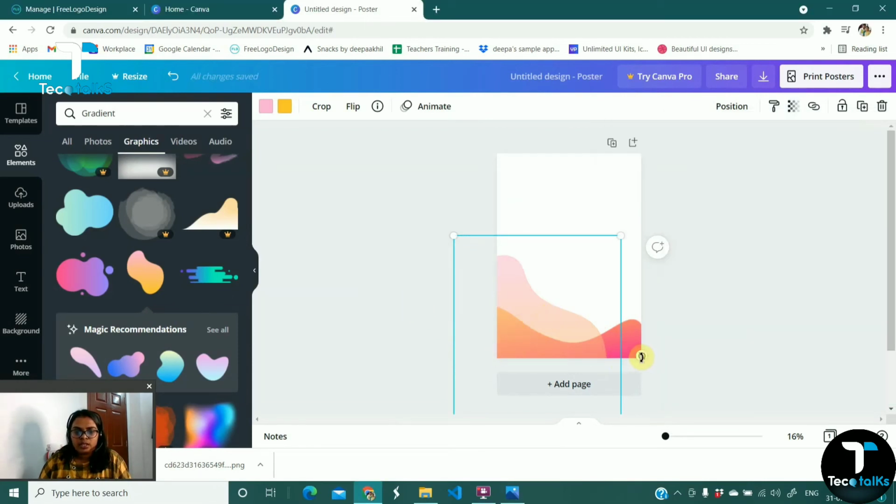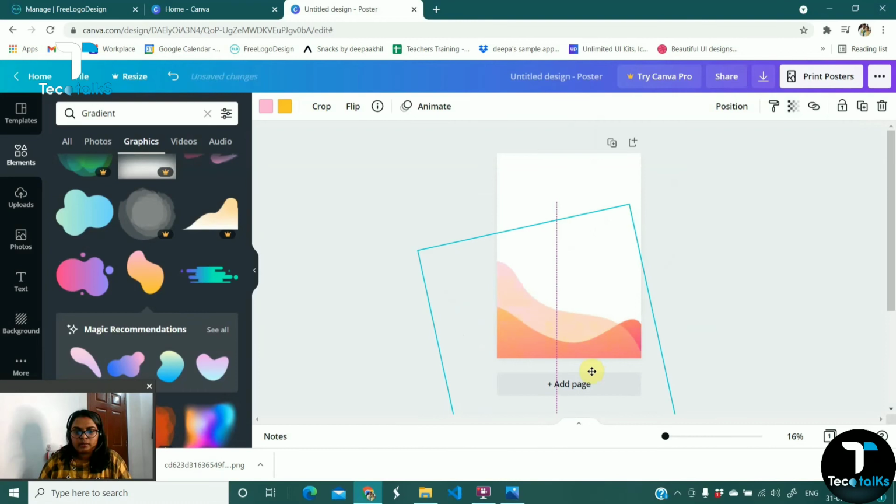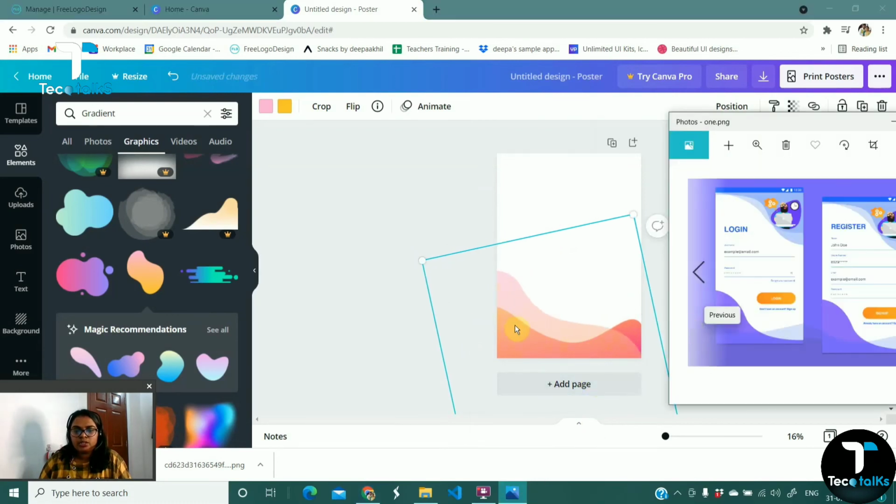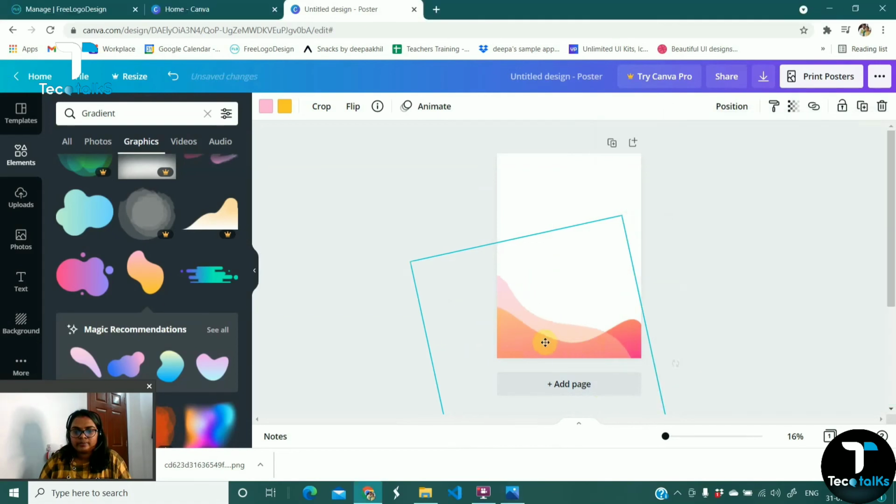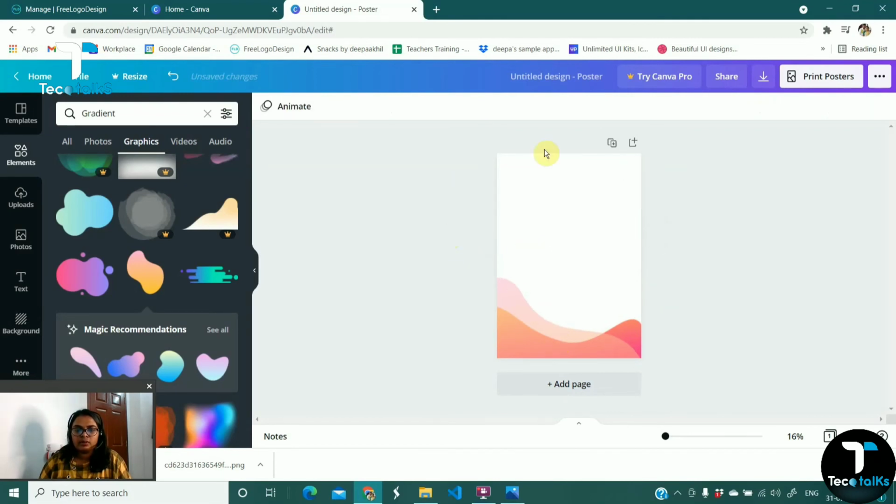So just to change the angle of it, I'm changing it like this so that we can put it over here like this. And I'm increasing the size of it a little bit. So like this we can achieve the bottom part. If you want to make it a little bit to the left side, like this we can do.